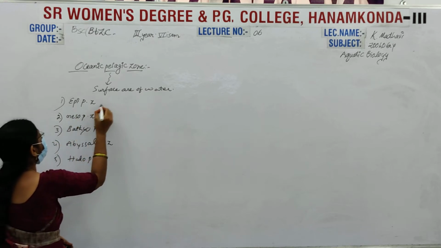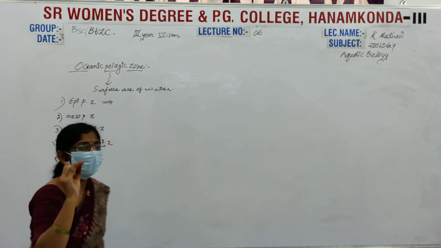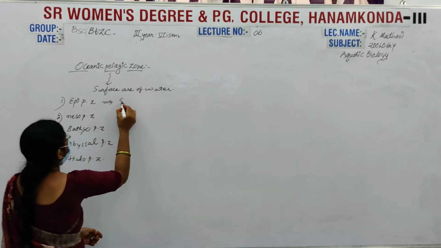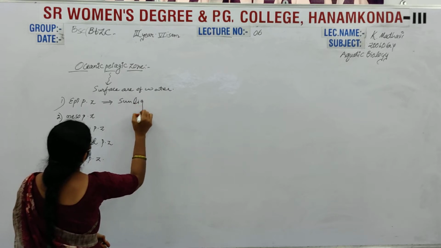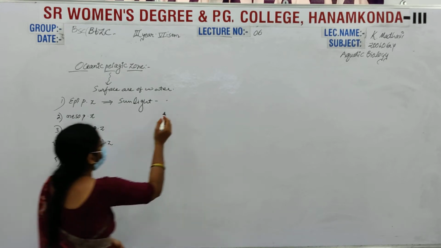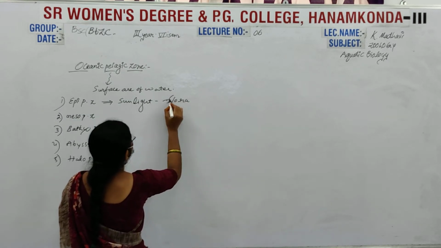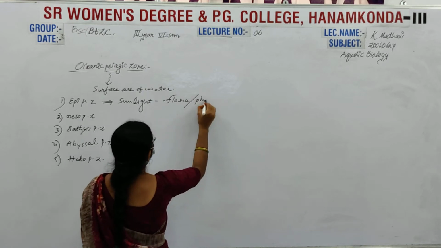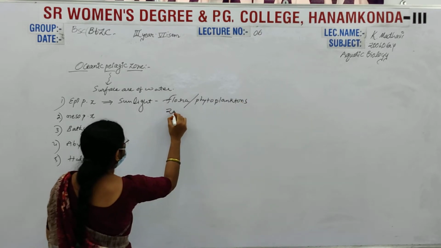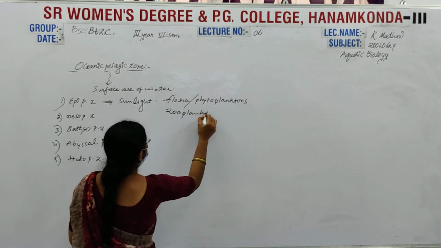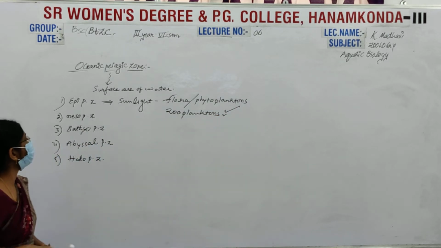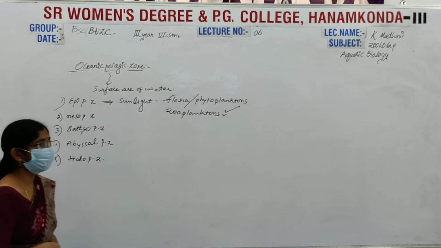The epipelagic zone consists of numerous flora and fauna. Epi means the region where sunlight is penetrated. Sunlight is more abundant in this region. That's why the flora, especially phytoplanktons, and zooplanktons are also very high in number, and various species are present in the epipelagic zone.